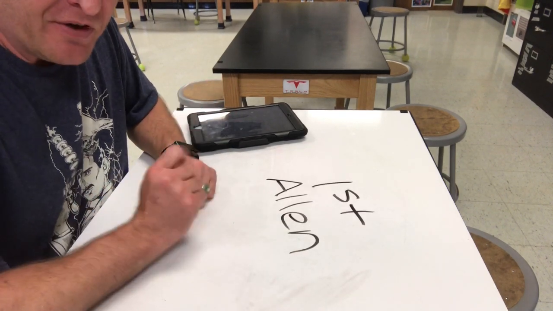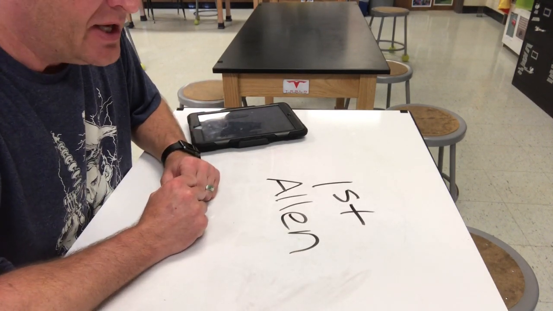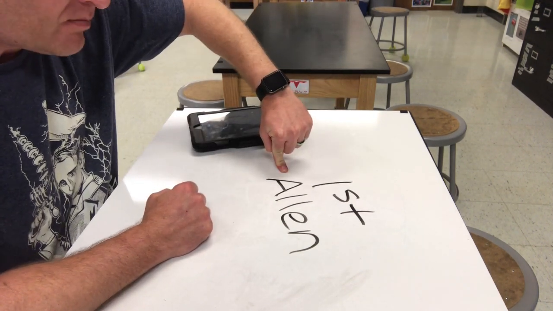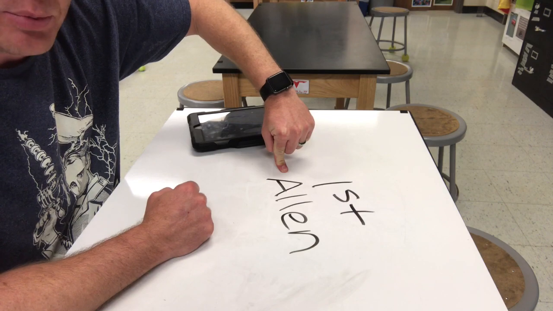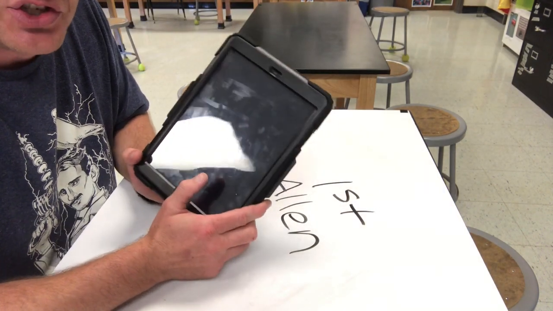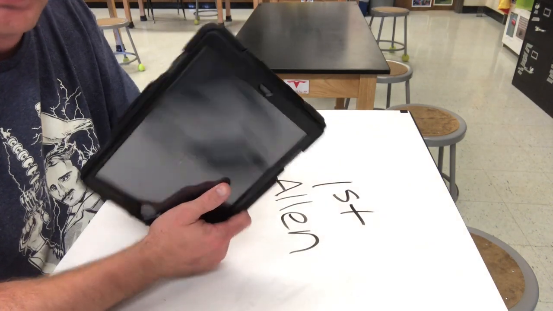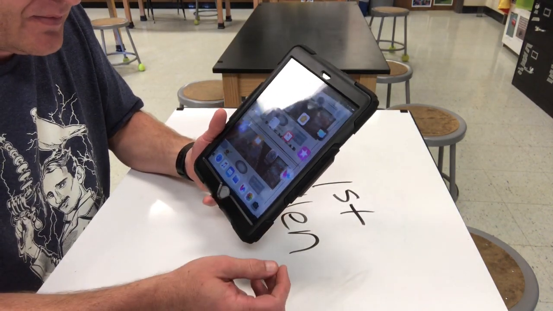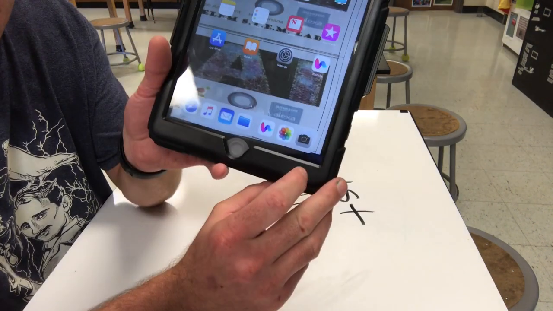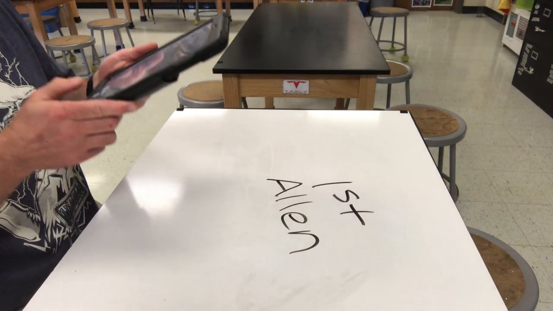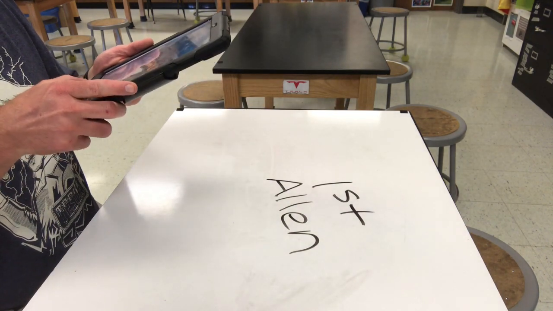So, the first thing I need for you to do today is to write your grade and your teacher on your team table. Then we're going to use our new iPad, one for each table. You'll see on the back which team is yours. And we're going to press the home button. And then we're going to turn on the camera. And we're going to take a picture of your